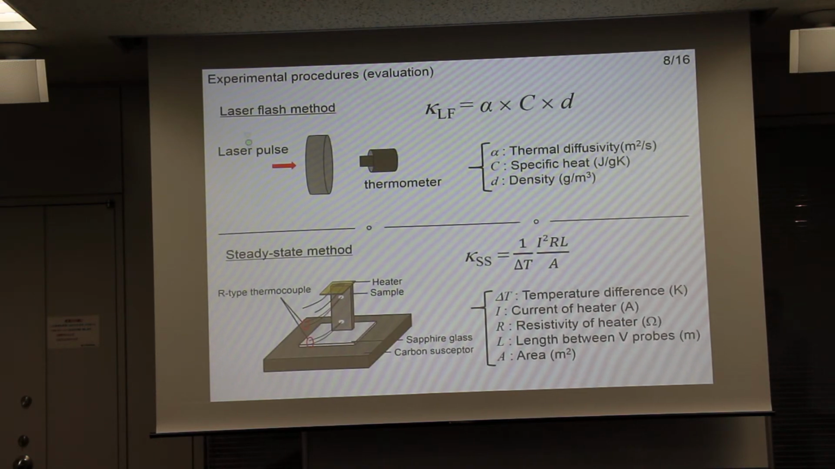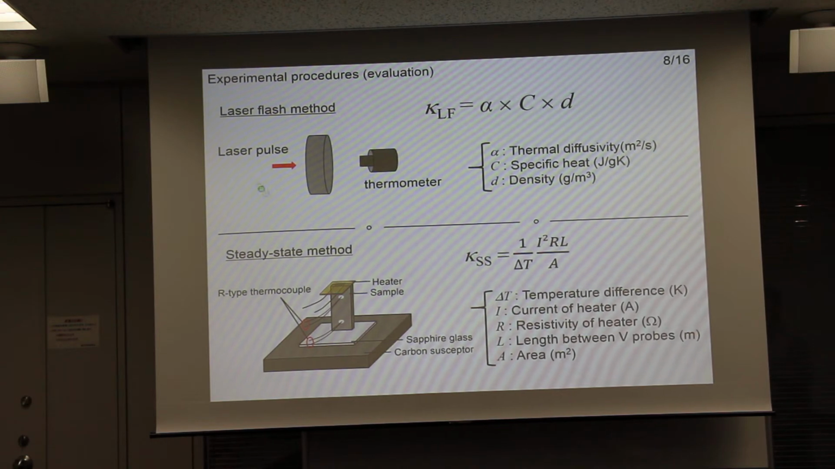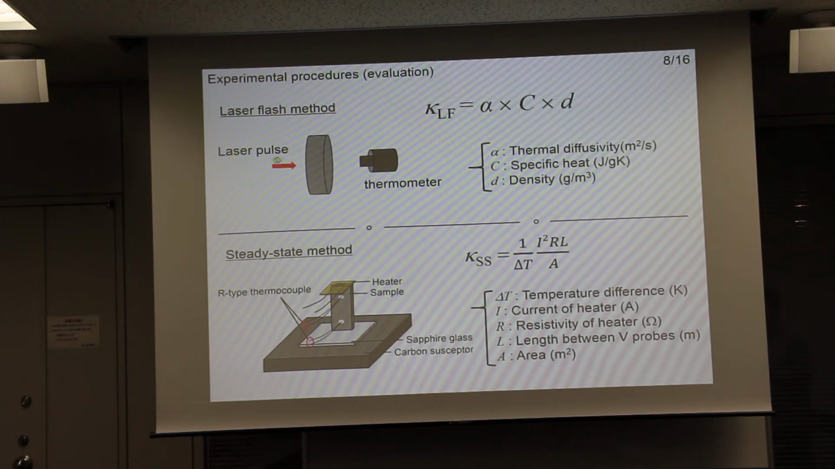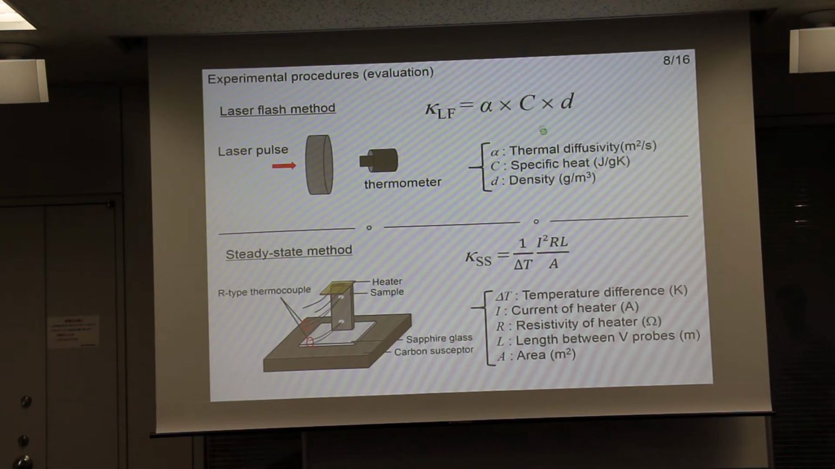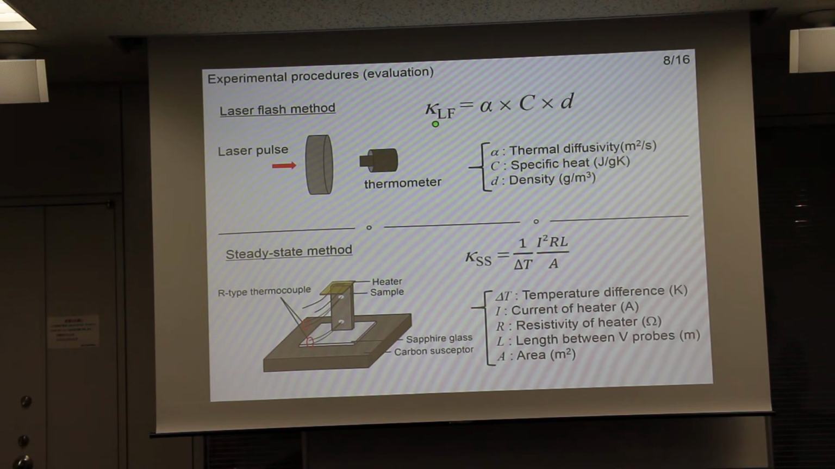So this is the laser flash method. You irradiate the laser onto the samples, then you detect the temperature. The time dependence of temperature gives you the thermal diffusivity alpha, and finally you get kappa. On the other hand, the steady-state method,